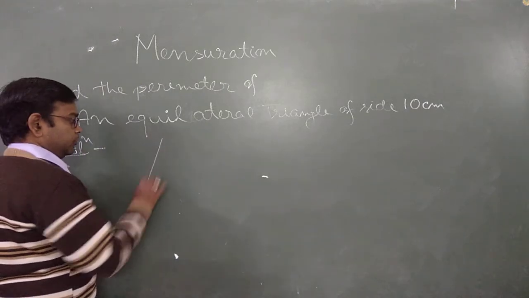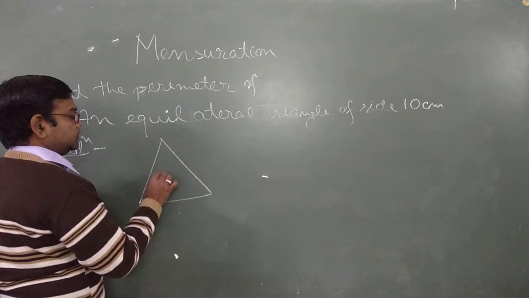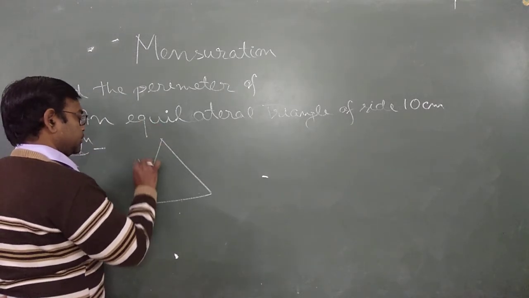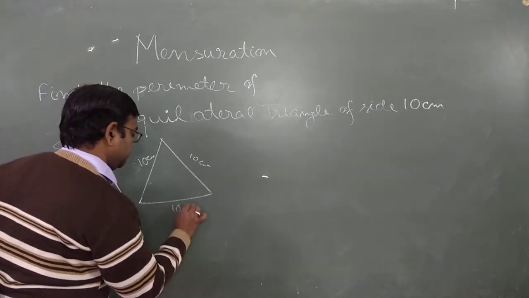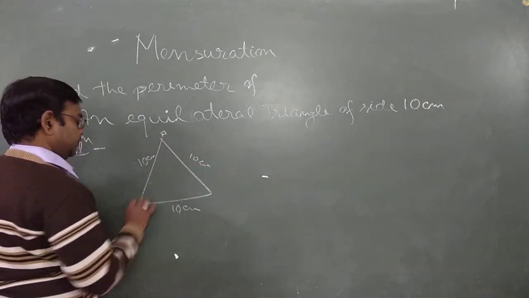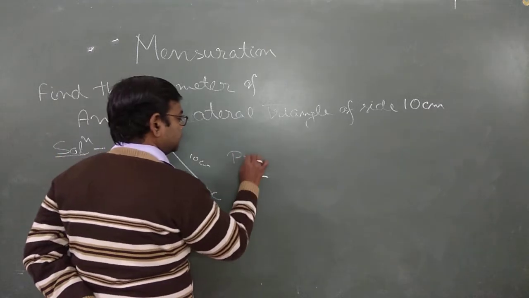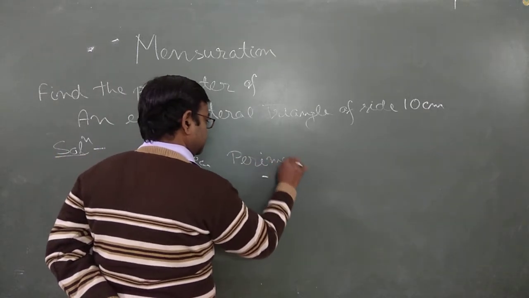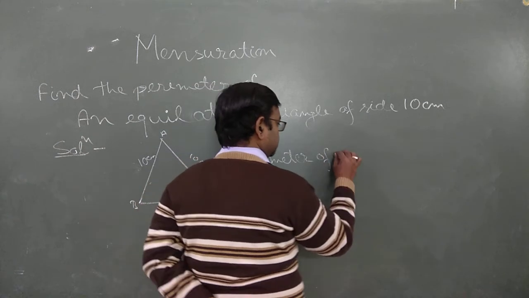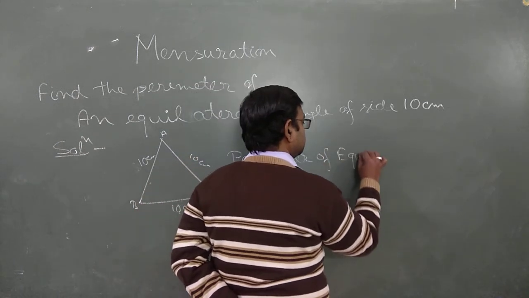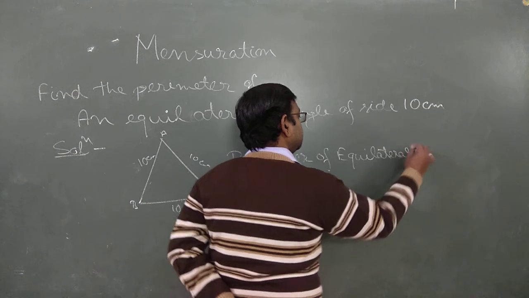First we have to draw an equilateral triangle, a structure like that. Give the sides 10 centimeter, 10 centimeter and 10 centimeter. Name the triangle A, B, C or P, Q, R or whatever you want. Perimeter of equilateral triangle